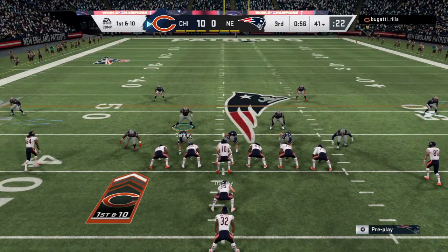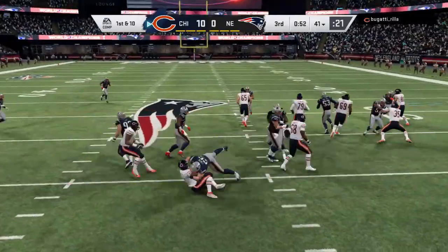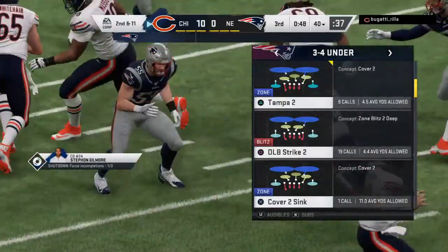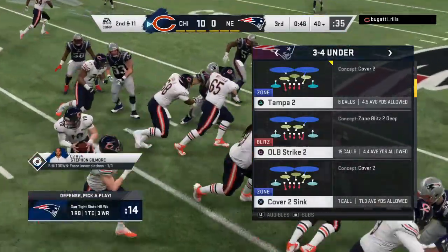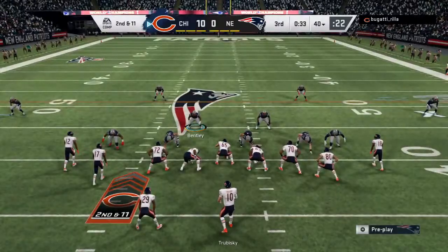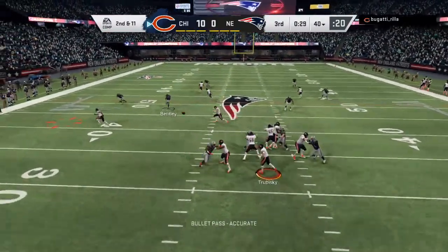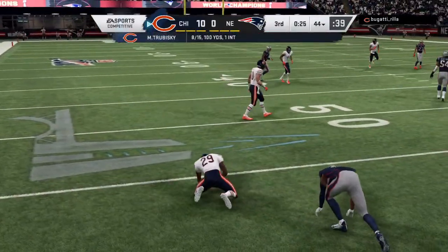Trubisky now, 5 straight completions here in this second half. 1st and 10. Now Trubisky going to give this to Montgomery. And he is met in his tracks behind the line of scrimmage. It's a loss of a yard there, and it's second down. I know when I was a kid, I always got real excited when I saw those lateral-type runs. But the best backs that made it happen, they put a foot in the ground and just go. That didn't happen there. That play got swallowed up. Now Trubisky to Cohen out of the...